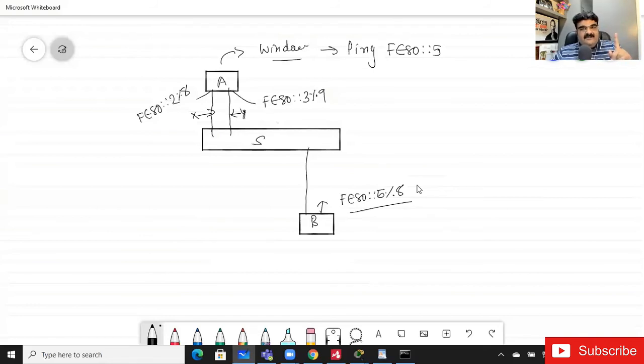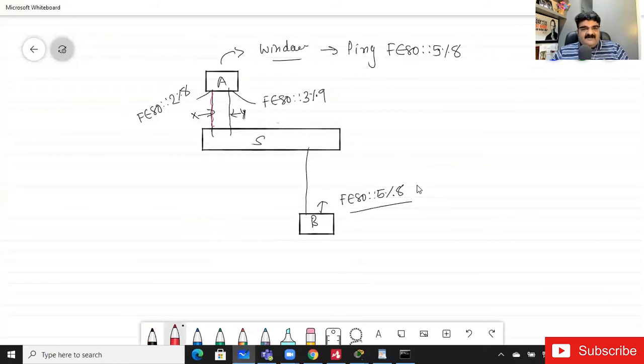So in this case, if you ping FE80::5, you can use percentage 8 over here, which is the same as the address of X. It will send the data using this particular NIC.